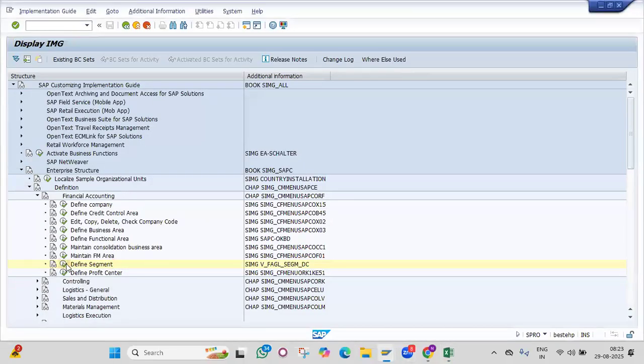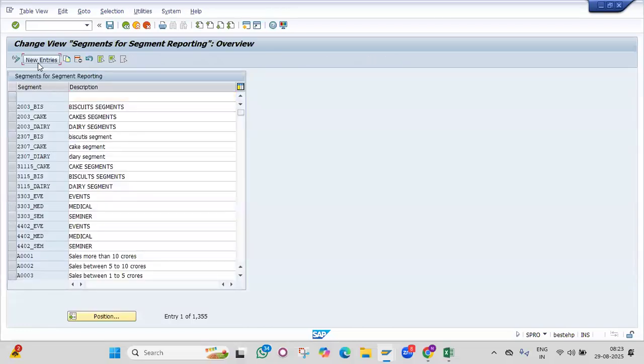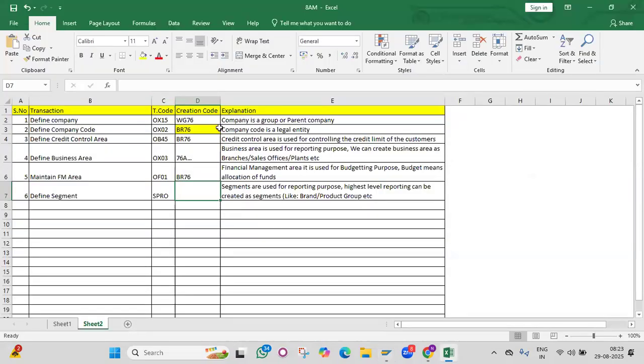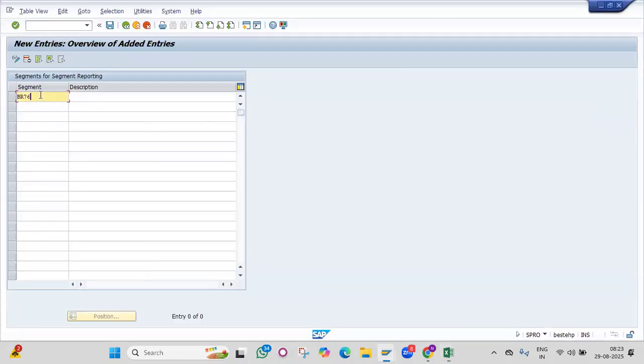I'll try to execute new entries. BR76 is our company code. This is the code that we created yesterday. This is the primary code. So for representing Britannia Industries, this is the code we have created, and underscore